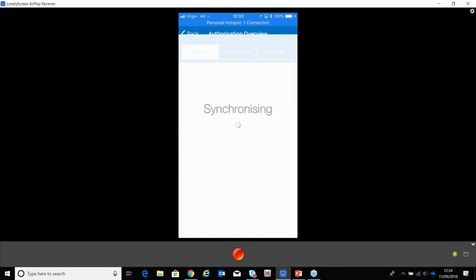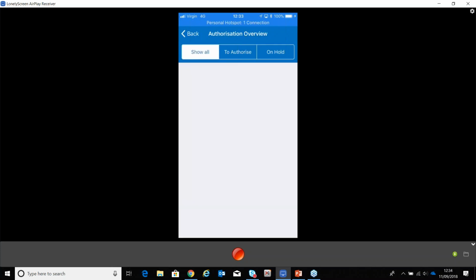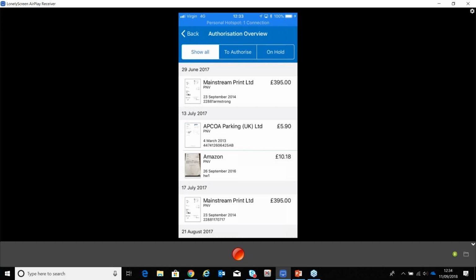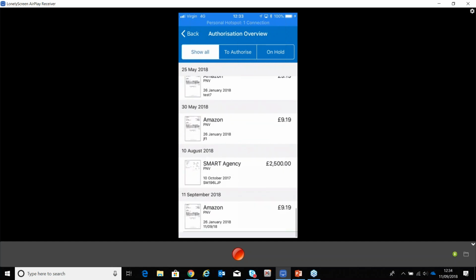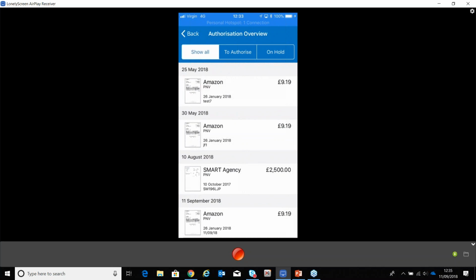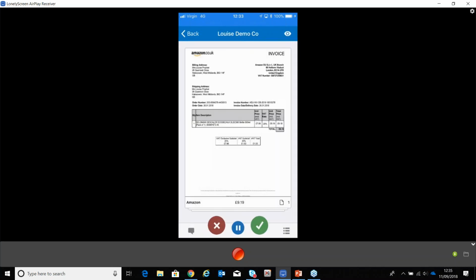So within the Twinfield client first, and I will come back to this on the Xero client, it's just bringing me a list of all of the documents that I have sat within here waiting for authorization. So if I go right to the bottom of the screen, do you remember that Amazon invoice that I processed not long ago? So if I just open that invoice up, and I'm going to concentrate on the corners now